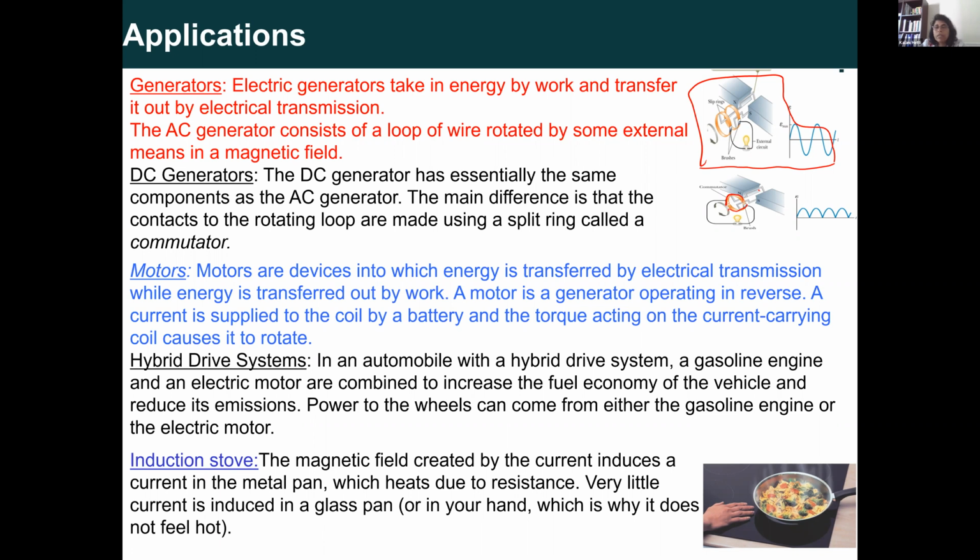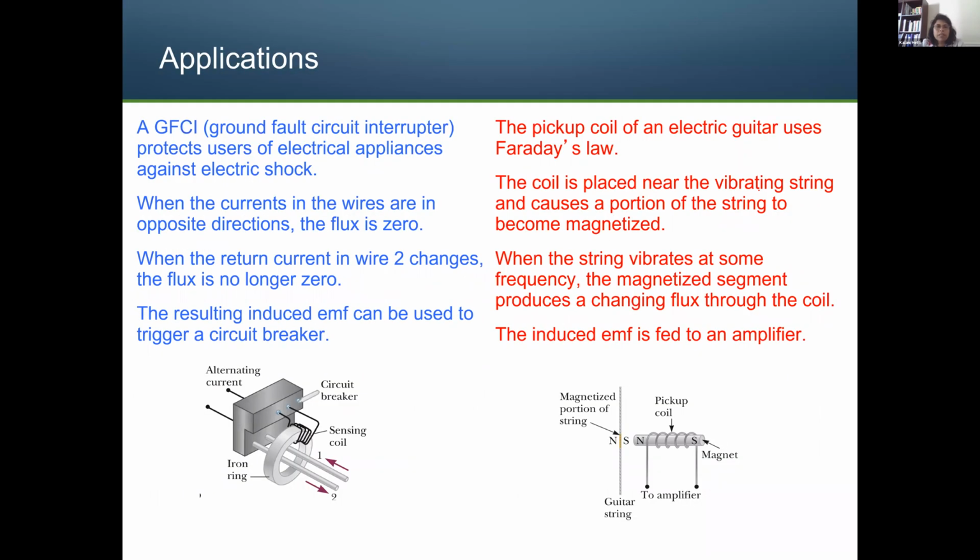that will heat up your cooking, but it will not give the heat to your hand or to other things that will touch it, because it is created by a magnetic field, okay, not by direct electricity. So other applications, definitely the ground fault circuit interrupter, and also the pickup coil in an electric guitar uses that concept, because we have